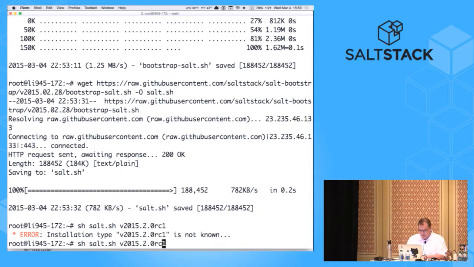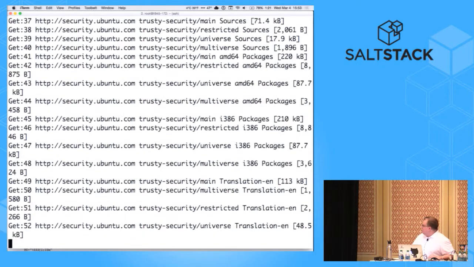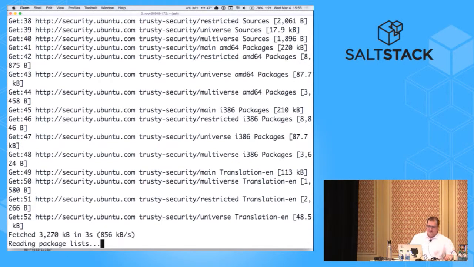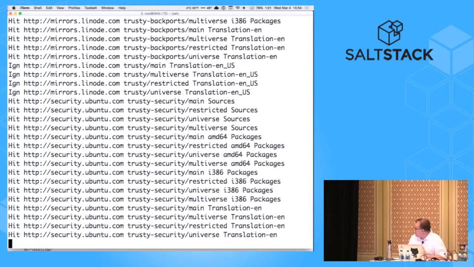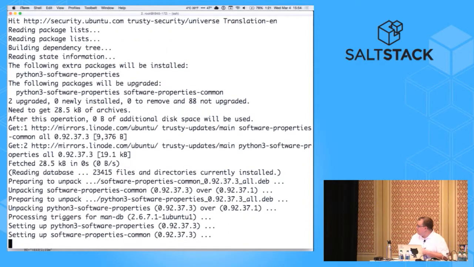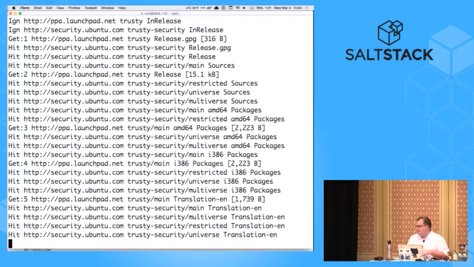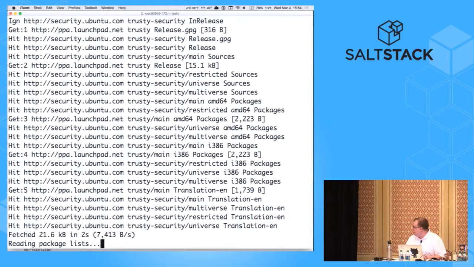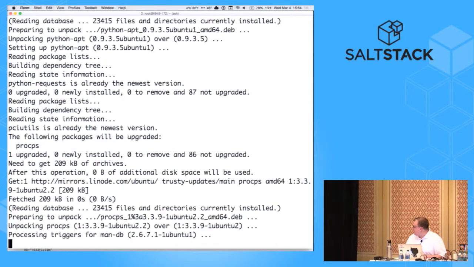And now I just need to use the right command again. All right, we're off to the races. We recovered. All right, so this is installing Salt. It's going to install all our dependencies and install Salt from the git tag v2015.2.0 RC1. And interestingly enough, when you install the Minion this way, it will install the Salt SSH script for us. So when this is done here in a second,